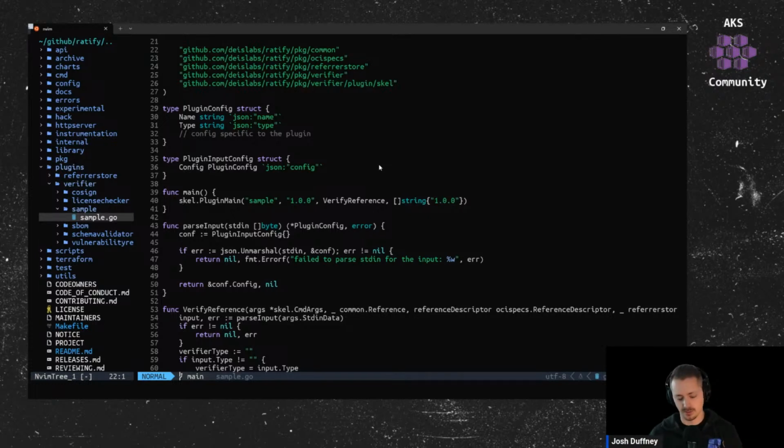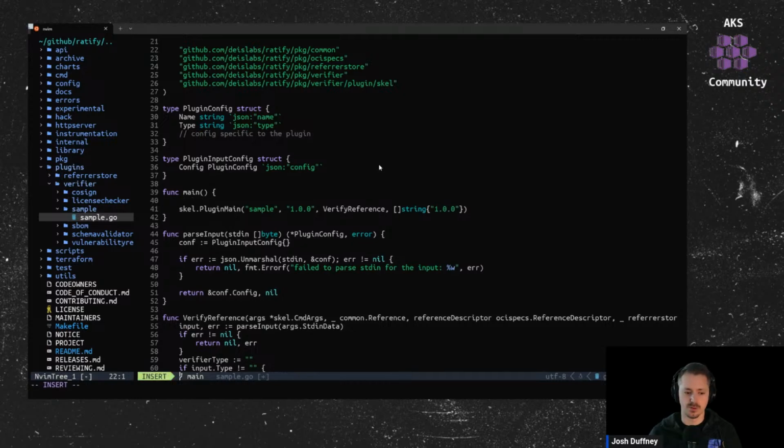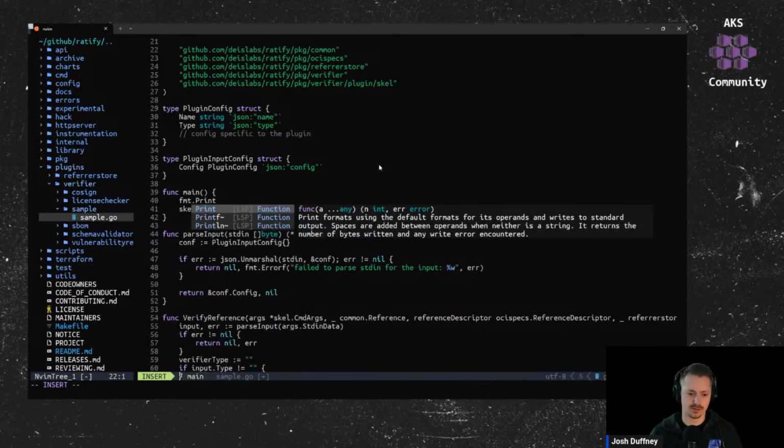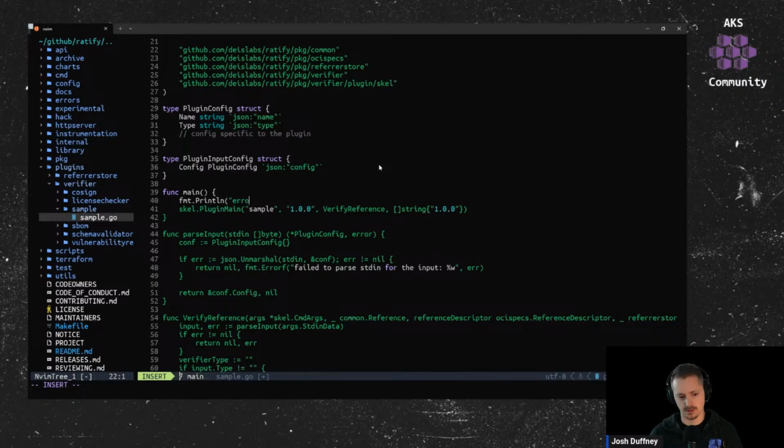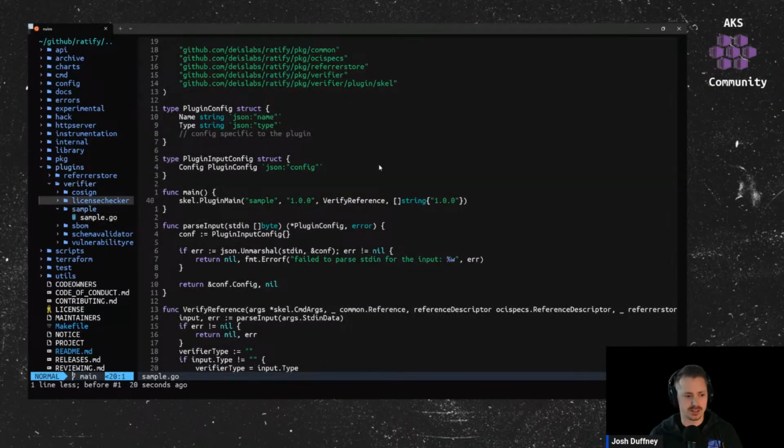So that's the plugin. What I need to do is find a way for messages like this, a print line, to return and be processed. That's the main goal. Right now, if I add this in here, Ratify will fail because there's more output than it expects. It's only expecting the JSON to be there. So the next little hunt that I had to go on is, okay, what inside of the main program is Ratify calling? Where's the verify reference and stuff being called? And that is actually in